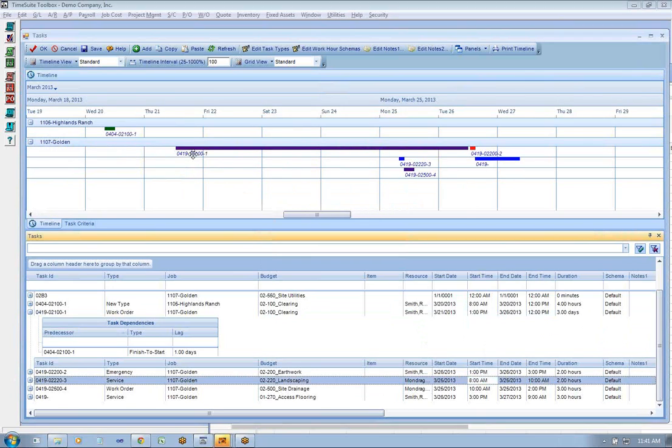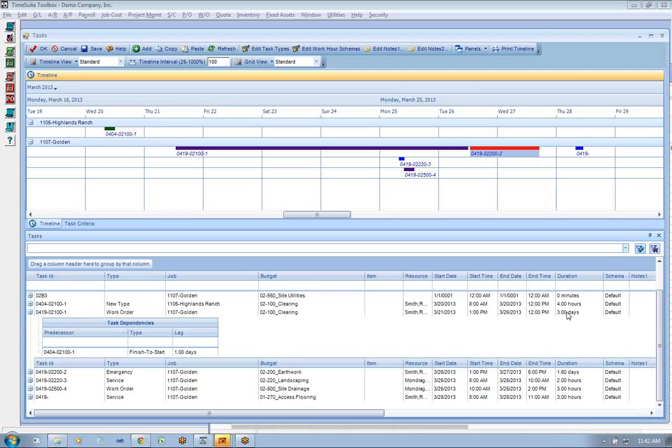Okay, so now we've got our timeline here. So these are the colors. The dark green is here, so that's our new timeline. And I'm able to drag that over as well. Okay, and then down here it's going to change my duration. So if I come to my green item,